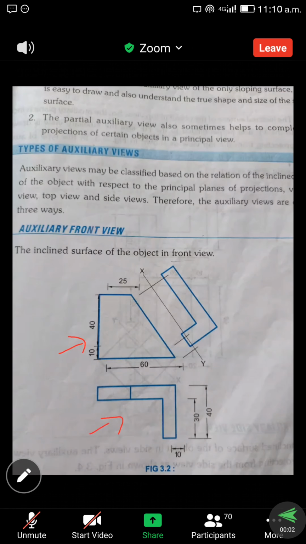And this is the top view. Okay, the front view and top view are there. So what is the auxiliary view? We can draw the true shape of the object. So here is another reference line that is parallel to the inclined surface or